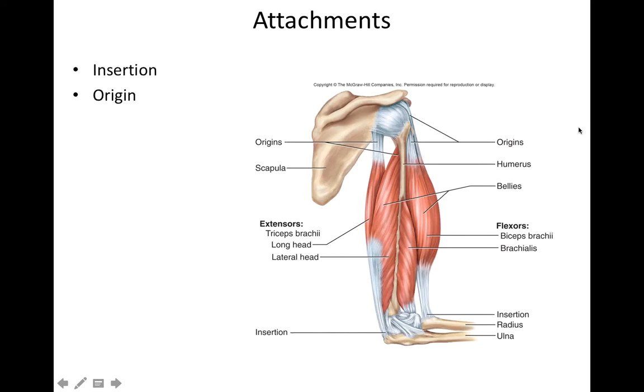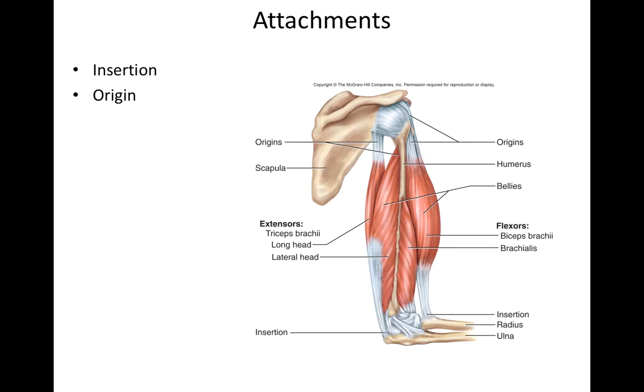Classically, we called the attachments insertions and origins. Origins tended to be the more stable of the attachments, while insertions tended to be the more movable. The best way for me to explain this is to have you put your arm in correct anatomical position and then flex your elbow. Okay, so biceps brachii is helping out in that